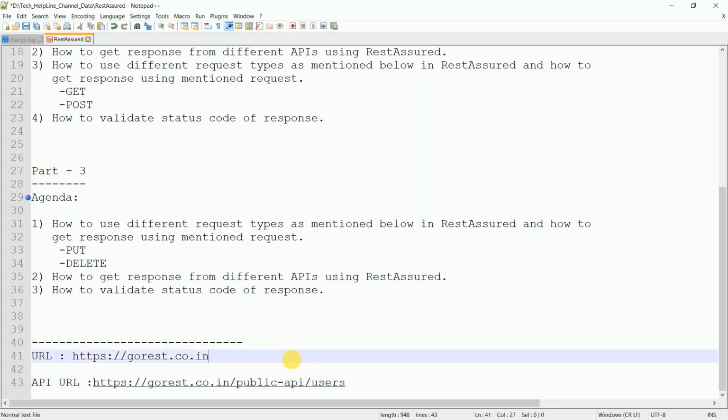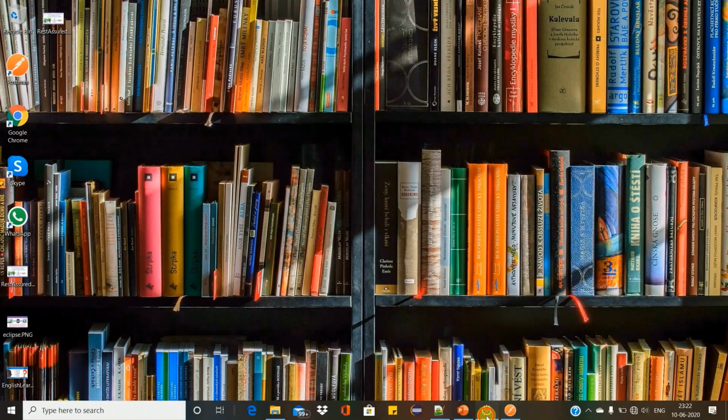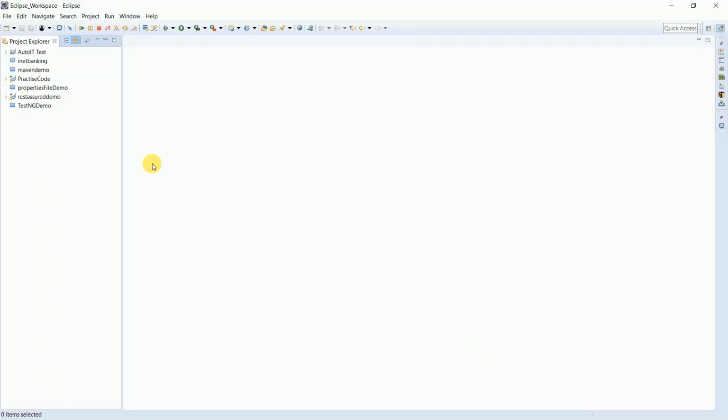Okay, so guys, let's move on to our Eclipse IDE. So we have opened Eclipse IDE. Here you can see last time we created one REST Assured demo project, and in that we created one package, and the package name is REST Assured demo.